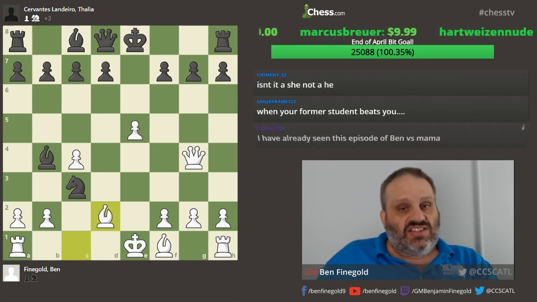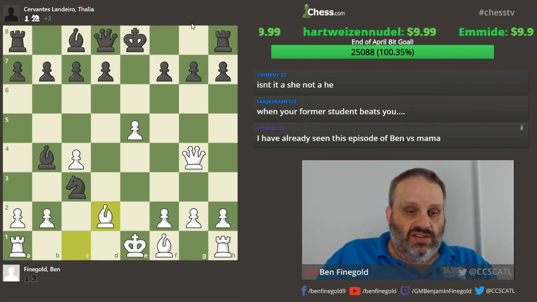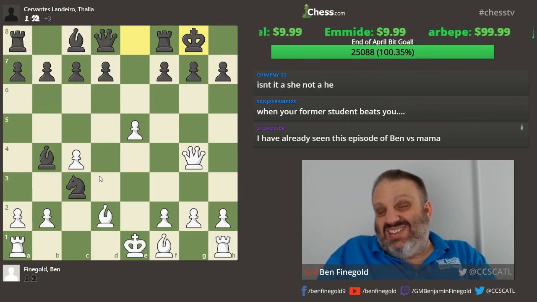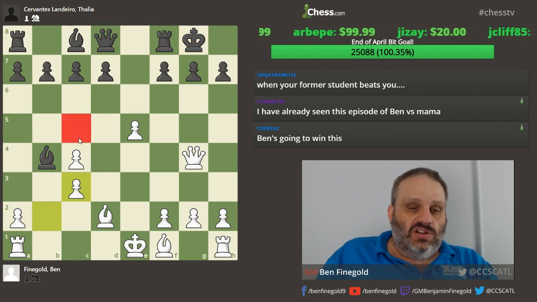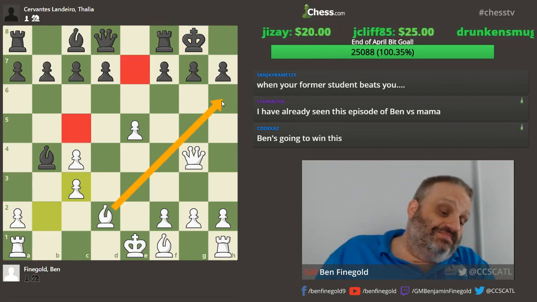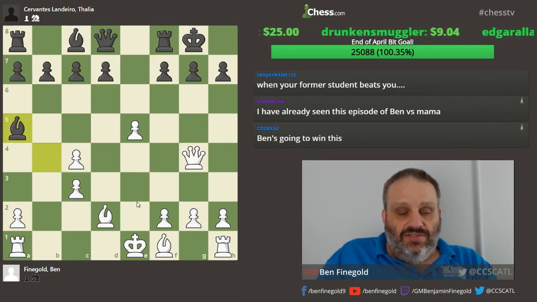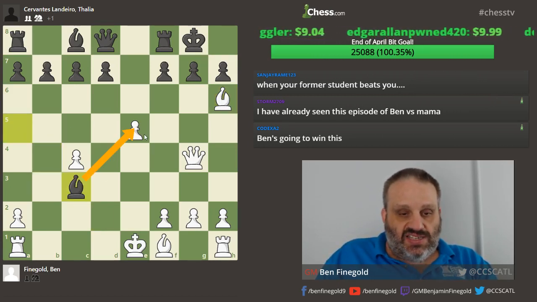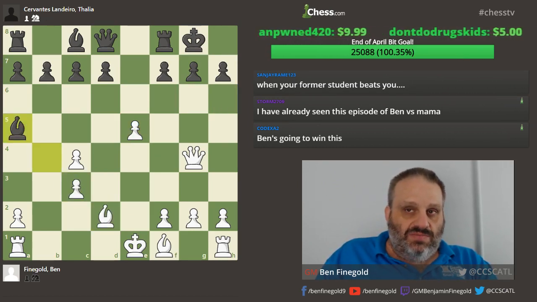Obviously, if you can castle, you should, but you have to watch out for bishop h6 at some point. Well, after castles, I don't know why she didn't castle. But if I take and she moves her bishop to one of these squares, I can play bishop h6. But she can play bishop a5, and now bishop h6 doesn't work because she takes with check and then takes on e5 defending mate. So after bishop a5, I can't play bishop h6.